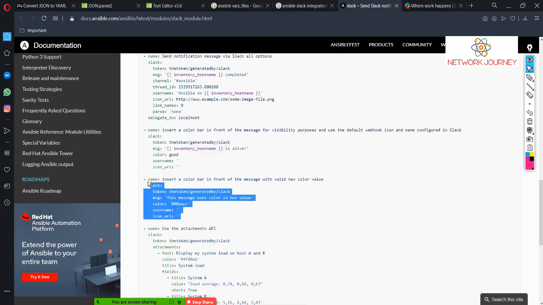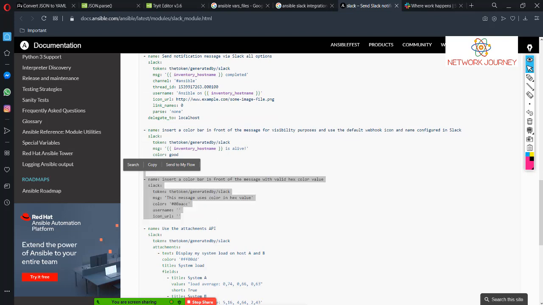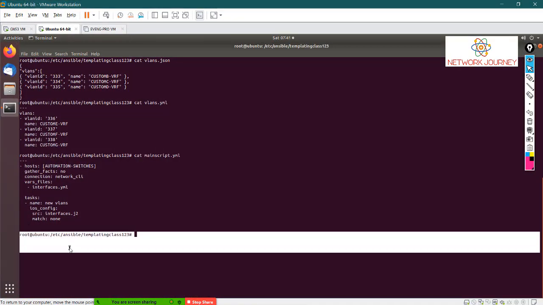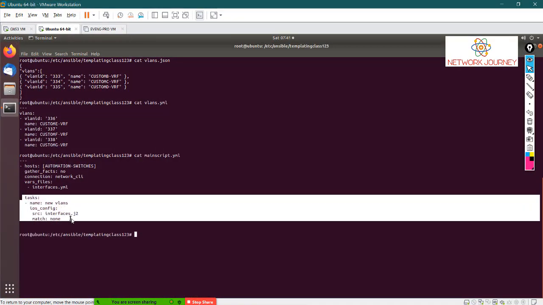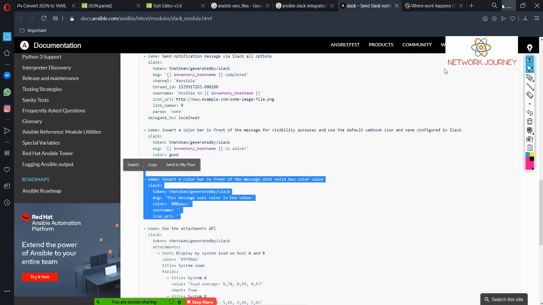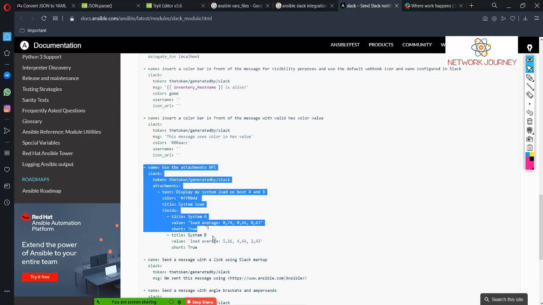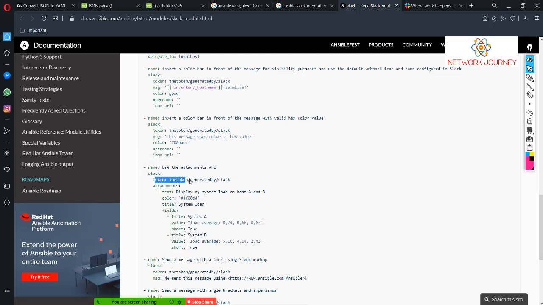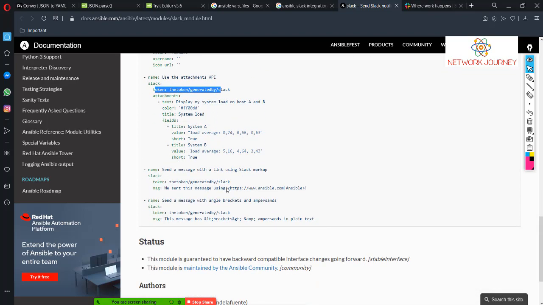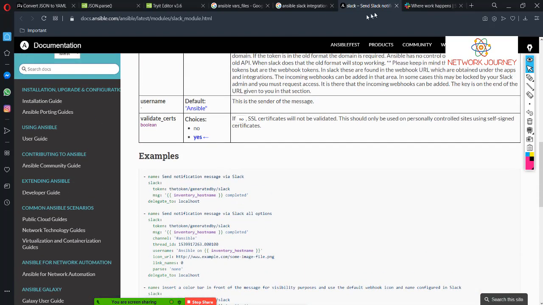So basically this part you just have to integrate over here. After this task, or at the end of your main script, you're going to add this. Okay, so it needs some API. Let's say you have some APIs, then you can add your API here. So it's under token. Okay, so this is for Slack integration.